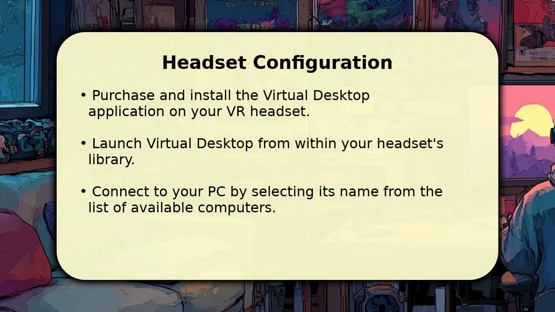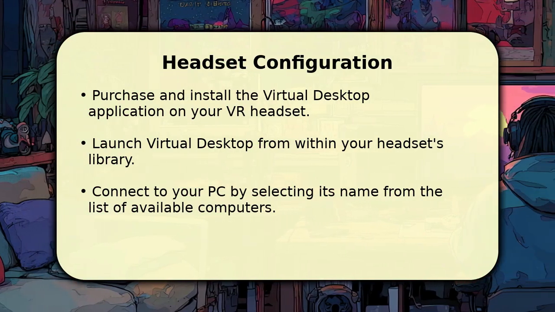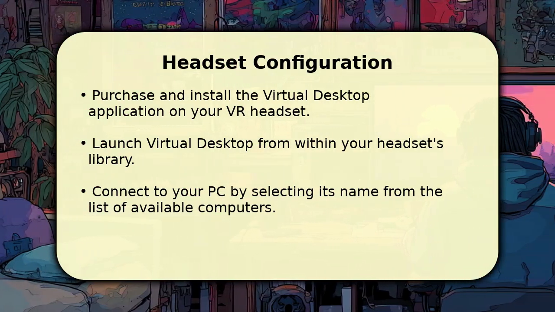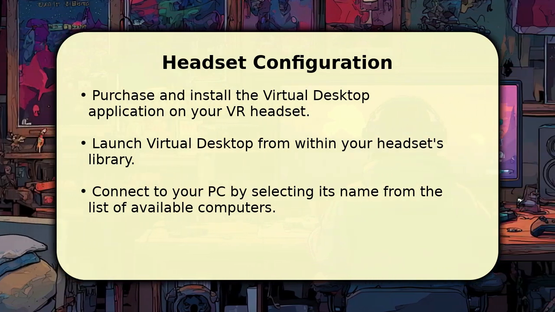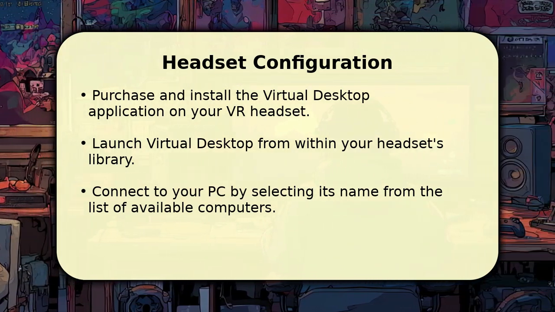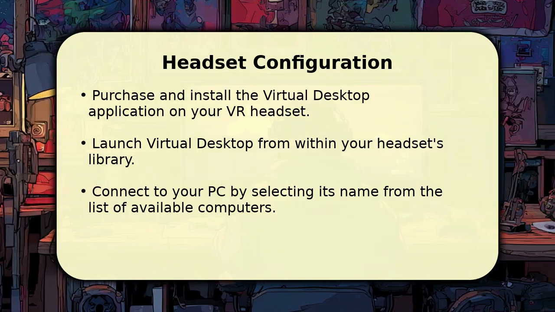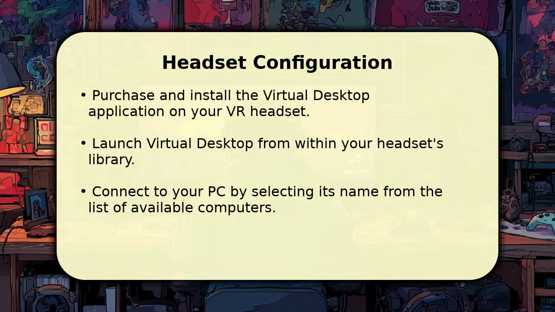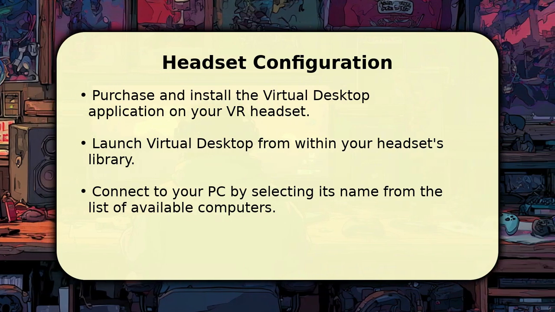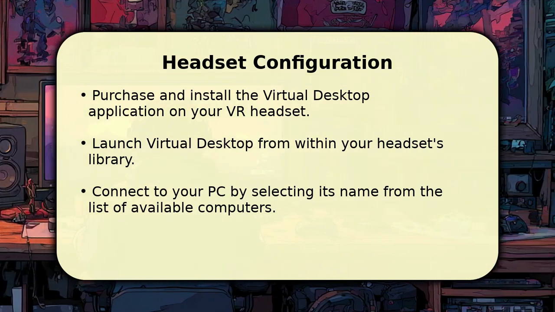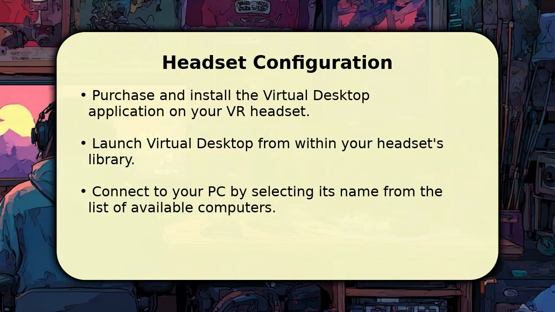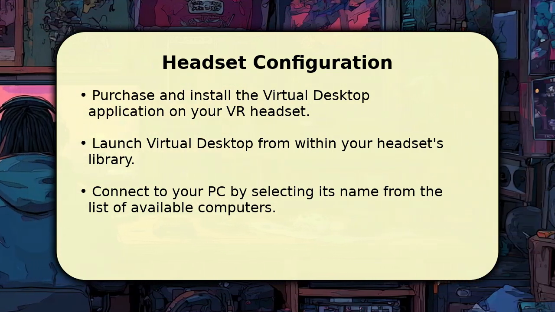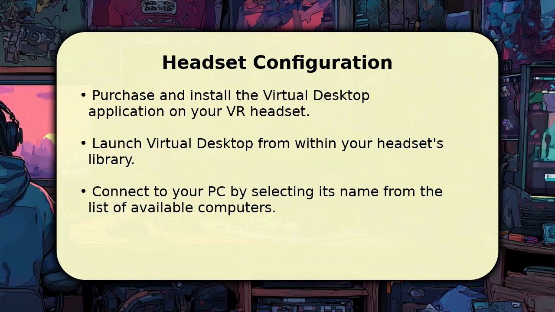Now, turn your attention to your virtual reality headset. Purchase and install the Virtual Desktop application from your headset store. This is a one-time purchase. Once installed, launch Virtual Desktop from your headset's application library. You should see a list of available computers on your network. Select your PC's name from this list to establish a connection. A successful connection will display your computer's desktop within your virtual reality environment, signifying you are ready for the next